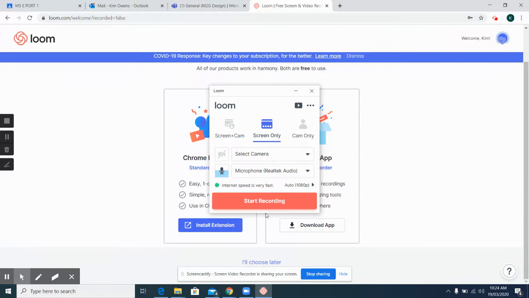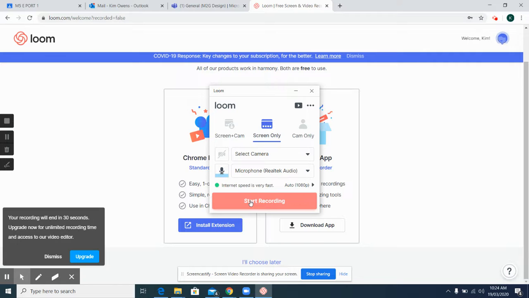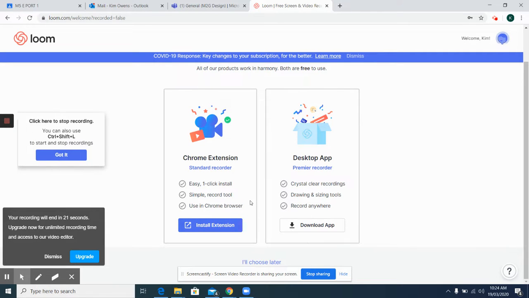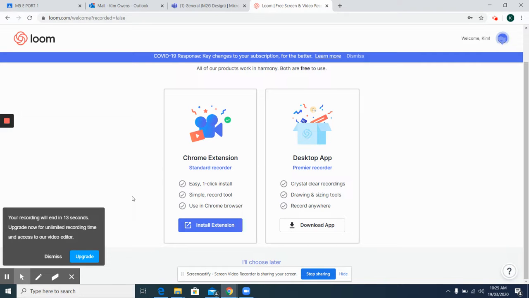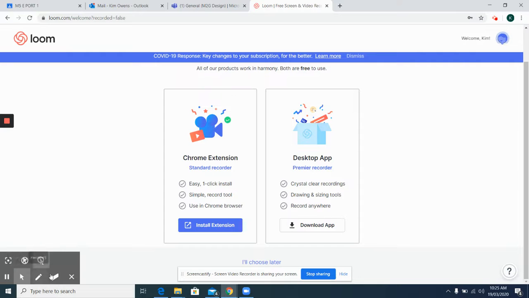And when you're ready to go, you just click start recording. I'm not going to click it because I'm already doing a screencast. Start recording and then, well, let's just try it. Got it. So I'm starting to record. Okay, so I'm currently recording using Loom. And I just want to get rid of this. And then I want to